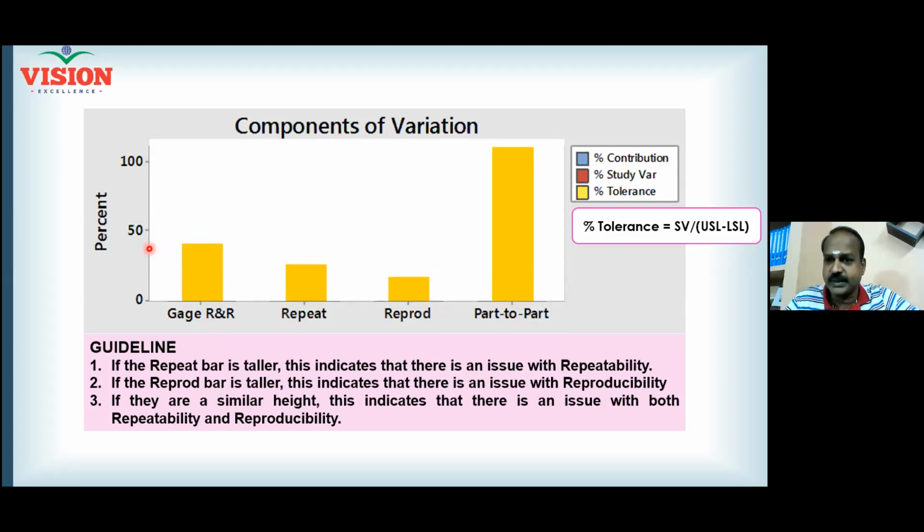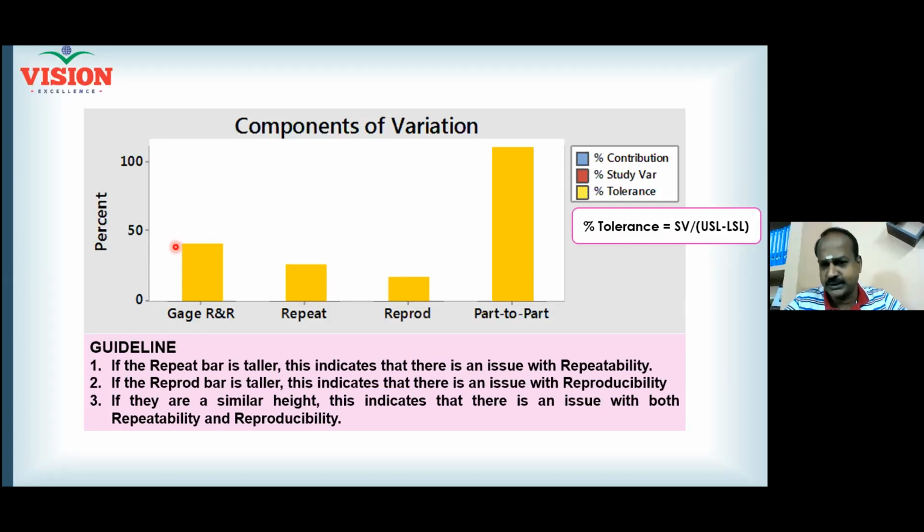Less than 10%, you will say your measurement system is capable. But here you understand it is not capable. You should not use it. Don't go for any data collection at all. If you go for data collection, it is like driving the car without seeing the road. You will definitely meet with an accident, right? So more than 30%, your data is not credible at all.